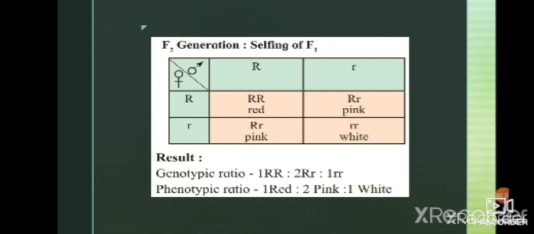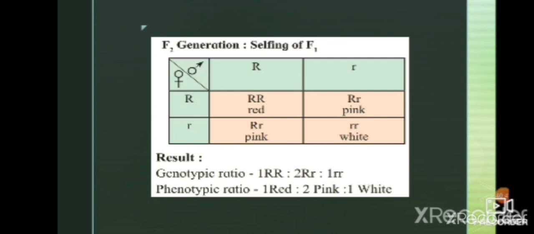Then in F2 generation, male gametes capital R, small r, and female gametes capital R, small r are crossed, paired in a checkerboard. First column shows capital R, red. In second, capital R, small r, pink. In third, capital R, small r, pink. In fourth, small r, white. It means that here red